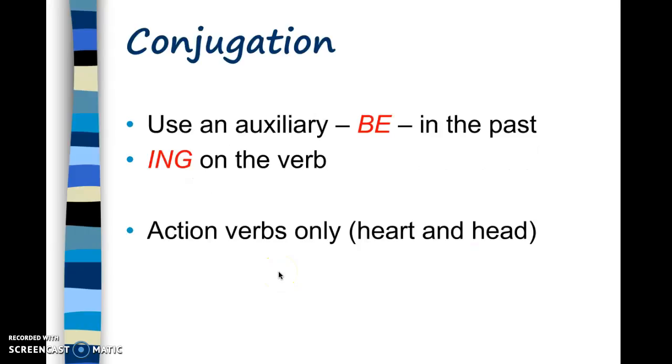Conjugation of past progressive is very simple. Your auxiliary is the verb to be in the past. So I was, you were, he was, she was, it was, we were, you were, they were, and ing on your verb. The important thing to remember about any progressive verb, present progressive, past progressive, or any of the progressive structures we're going to study,